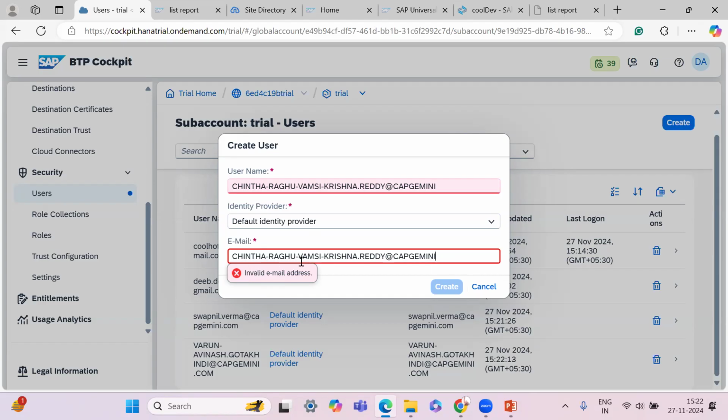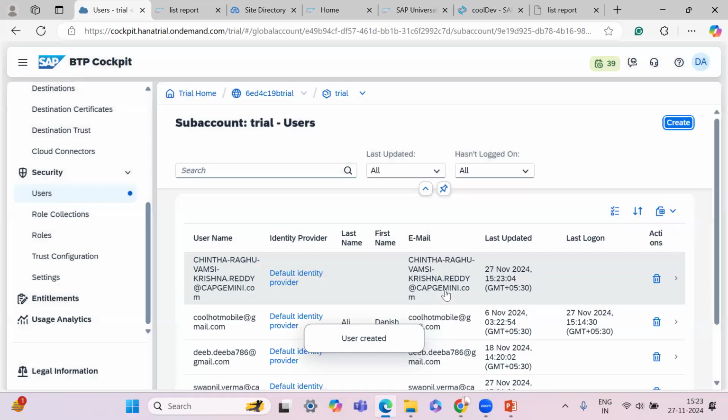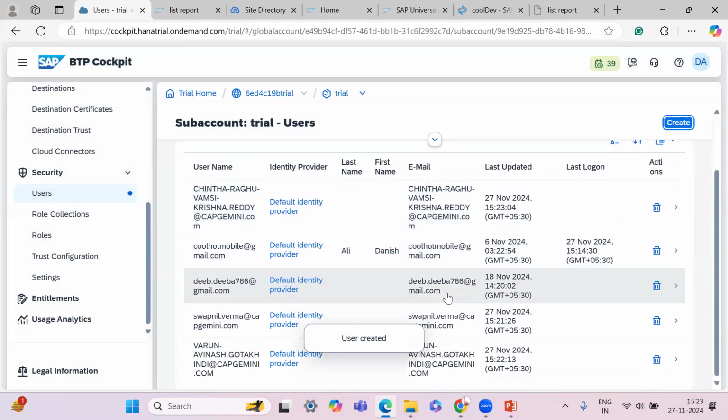Chinta Raghu Vamsi Krishna Reddy. Vamsi, can you check your email address? Okay, .com is missing. .com. Okay, create it. Now it's been created,